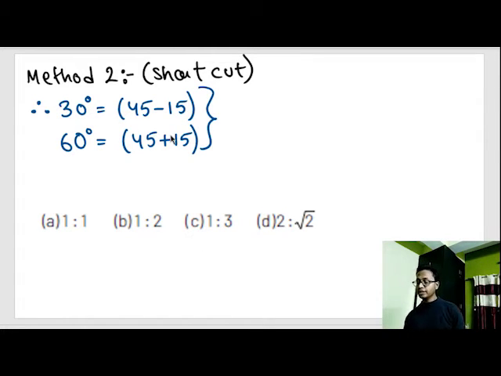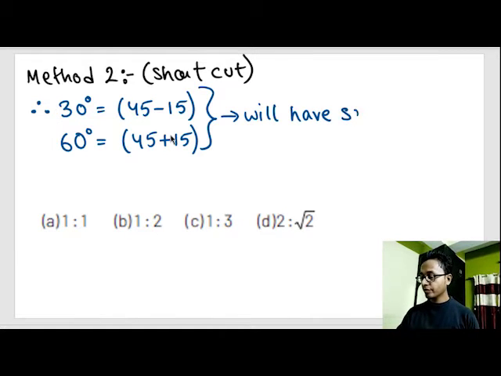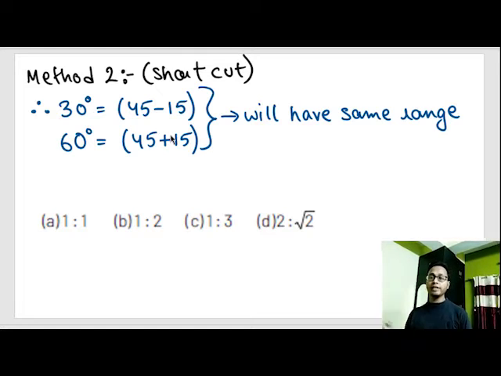In previous examples I have solved that whenever angles are complementary with respect to 45 degrees, they have the same ranges. I even derived this. So we'll have the same range. But remember, time of flight and maximum height will be different, but their ranges will be the same if they are complementary with respect to 45 degrees. So our correct option is option number A.